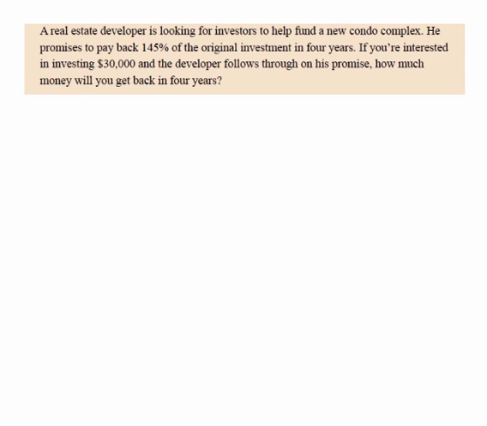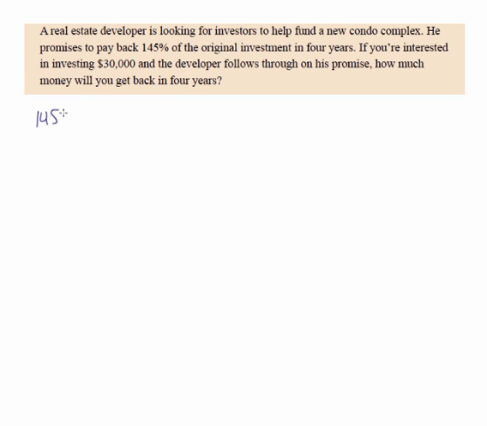So we begin reading. A real estate developer is looking for investors to help fund a new condo complex. Okay, that's information, but there's nothing in there numeric that I feel like I ought to write down. So I continue. He promises to pay back 145% of the original investment in 4 years. Well, there I have two pieces of numeric information that I can write down that might play some role in solving the problem. The first of them is